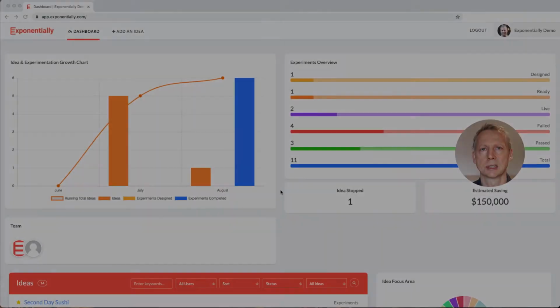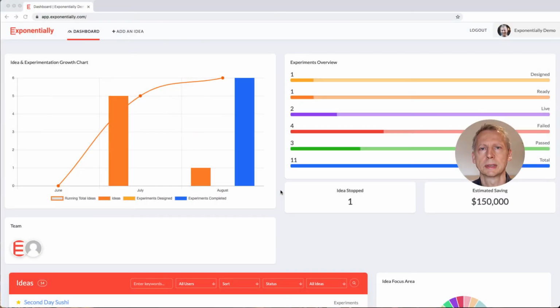I'm now going to introduce you to the Exponentially app. We've built this app because as we worked with customers over the last few years running hundreds of prototypes, it gets very complicated very quickly when you're running multiple experiments across multiple ideas and they're all competing and bringing different sets of data in. So we created this to be able to manage that, but also to keep you focused on getting experiments out